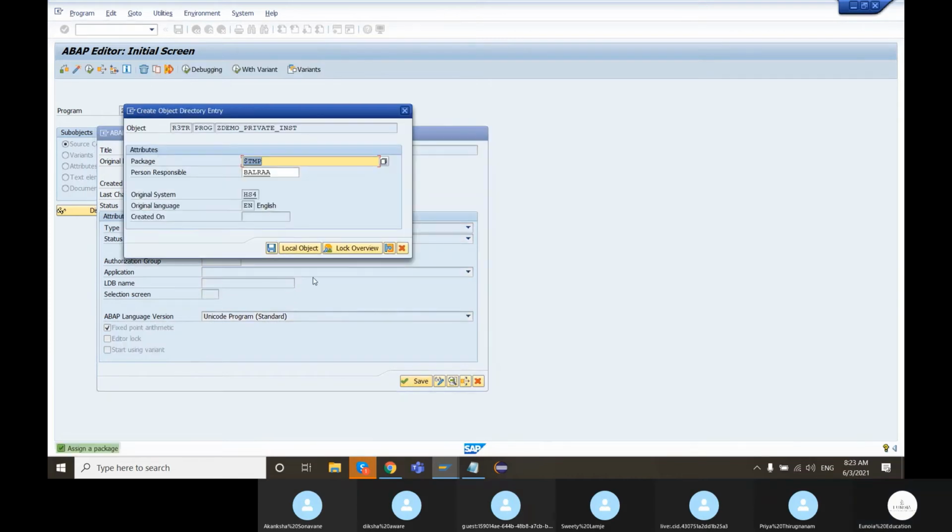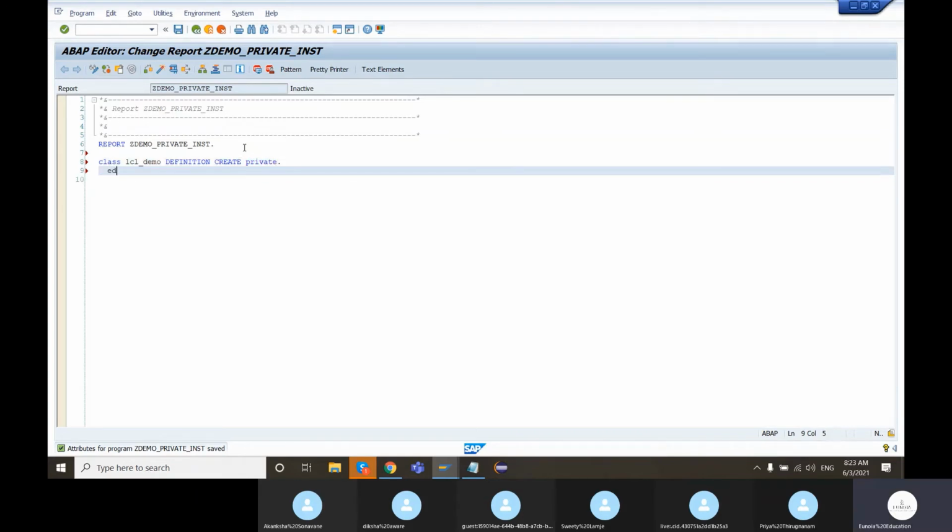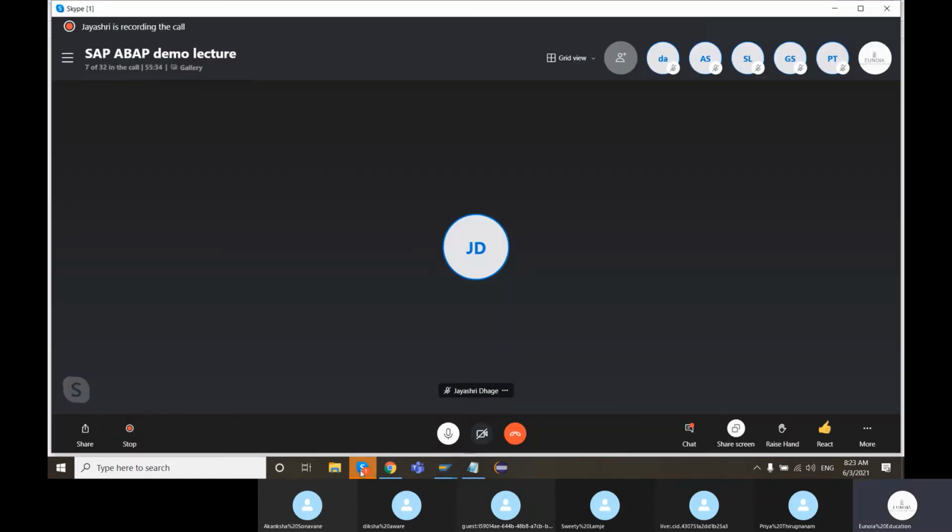Program. Save it as a local object only. Class LCL. Let us say demo only here. Definition. What addition I am going to use is create private. Create private, protected, public. Public is not required to be written. You have to write create protected or create private. So I am going to write create private. And class. So create private in the sense what is happening is